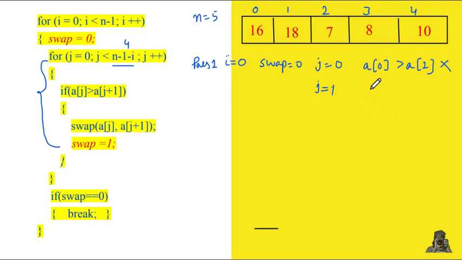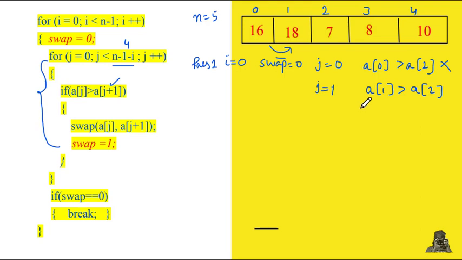So now for j equals 1, we have to compare the next item, because the bubble has been shifted to the next position, which is 18, which is the meaning of j equal to 1. So now again j's value is 1: if a of 1 is greater than a of 2? In this case we can see 18 is greater than 7, so they are out of order. So we need to do the swapping. We will execute this condition, because this if statement is true, so this swapping will be done.